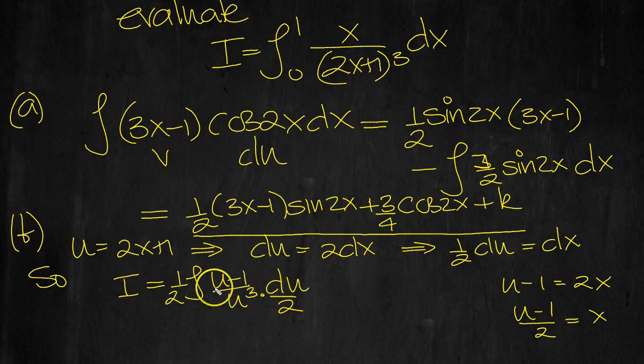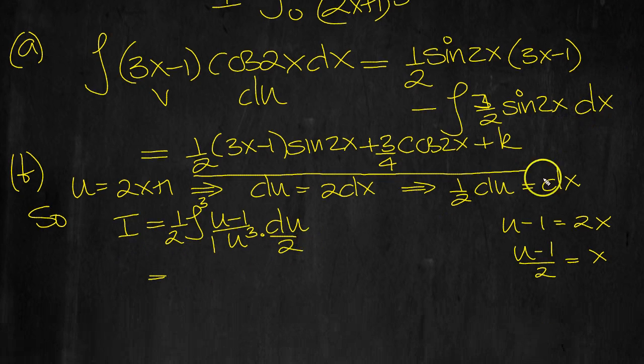Okay, let's just check that again then. So we've got x, which is equal to this, so we put the half there and the u minus 1 there, over 2x plus 1 cubed, that's u cubed, times dx, and we've replaced the dx by half du. Now when x is 0, we can see that this will be 0 and u will be 1. And when x is 1, put 1 in here, you get u is 3. So that equals,